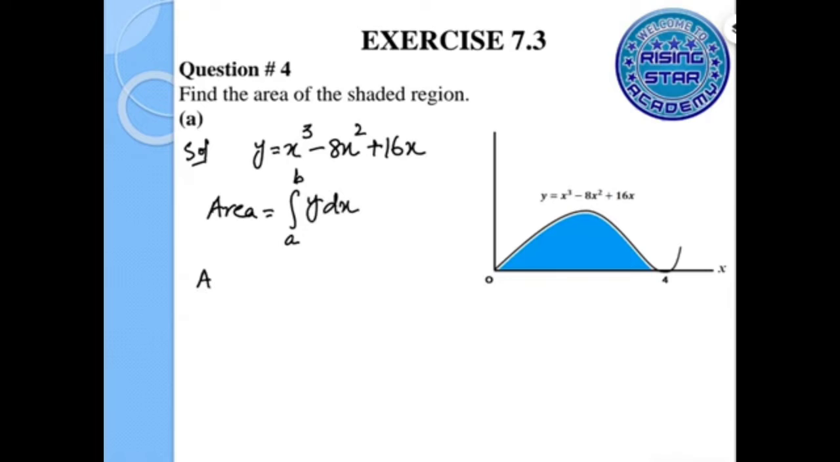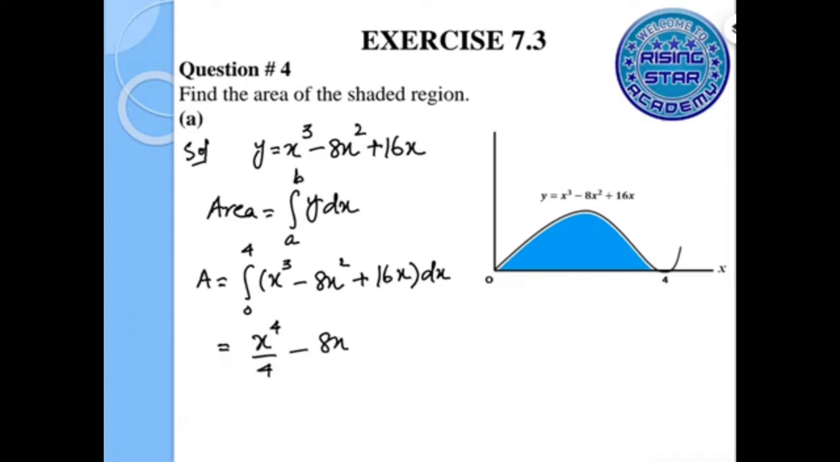So the limits would become 0 to 4, and the value of y would become x cubed minus 8x squared plus 16x dx. Now I would integrate, so that would become x to the power of 4 over 4 minus 8x cubed over 3 plus 16x squared over 2 with limits 0 to 4. So now I would plug in the limits,